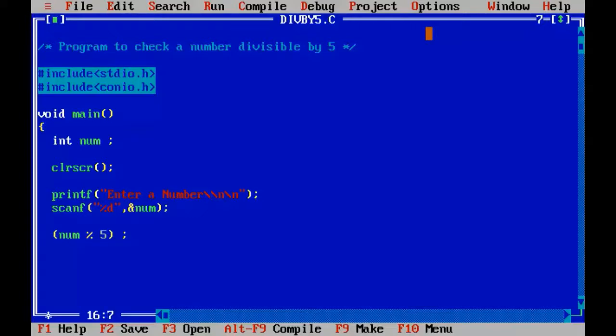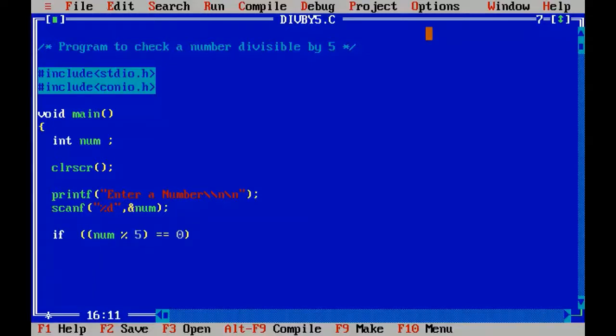So 10 mod 5 will give you the remainder 0, and I'll check that remainder for 0. If the result is equal to 0, then I would say the number is divisible by 5.